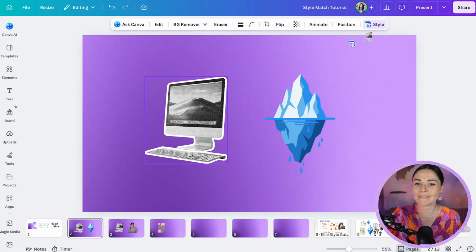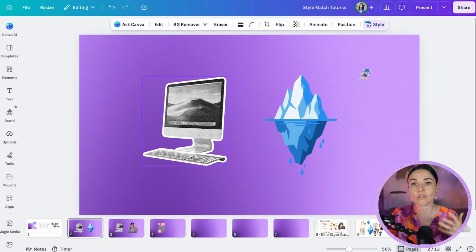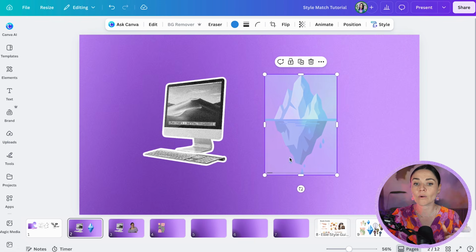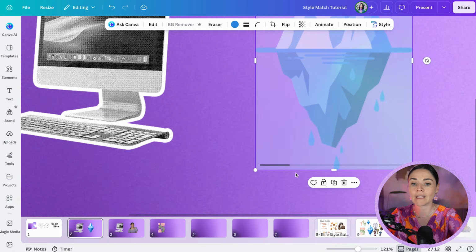And so if I click on this button, you can see my cursor is now turned to a little paint roller with our little sparkle, and it's got a mini picture of the element that I've copied the style from. So then all I need to do is hover my mouse and bring it over another element, the one I want to copy the style to, and click. When I click, it's going to bring up a little loading bar down the bottom here, and it's going to use AI to think, all right, what makes this